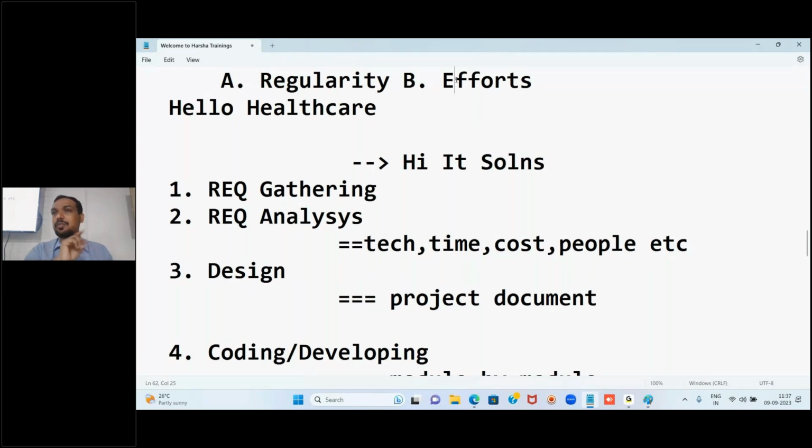The only thing you have to do is maintain the regularity to the sessions. The next thing is a little bit of effort should be there from your end. If you guys can really do that, I am assuring you that in just a couple of months you'll be getting a job. Why? Because my intention is to make you people job ready. I'll make you job ready. That's it. If you are job ready, it means you can get the job. Understood? If you attend on your own also, you can get the job. If you attend from here also, you'll be getting the job, provided you finish all the activities, whatever I say in the classroom, you are able to do that.